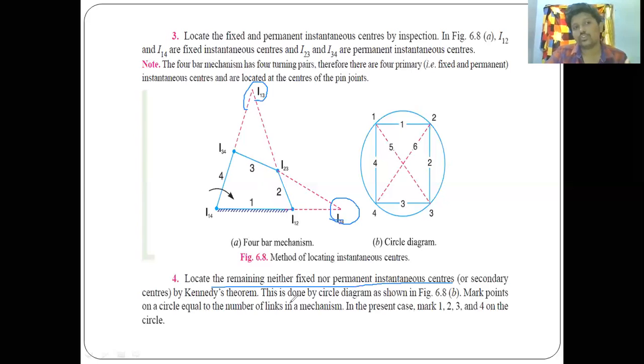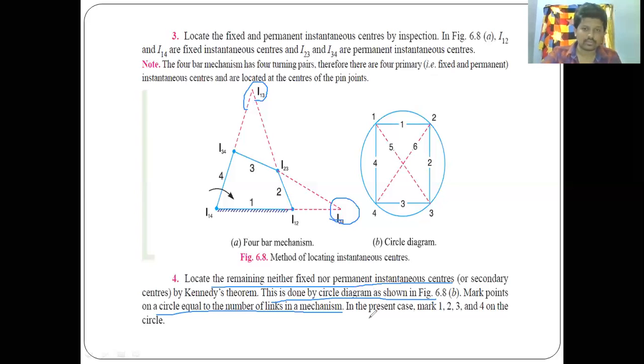Okay, how we should find this is done by a circular diagram as shown in the figure here. How? Mark points on a circle equal to the number of links in the mechanism. That means if you see, this is our circle, right? What we are doing, this is a circle, then the circular diagram. Mark points on the circle equal to the number of links in the mechanism. That means how many